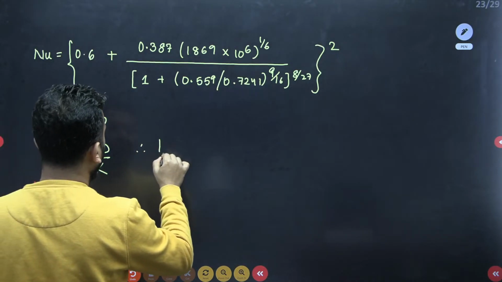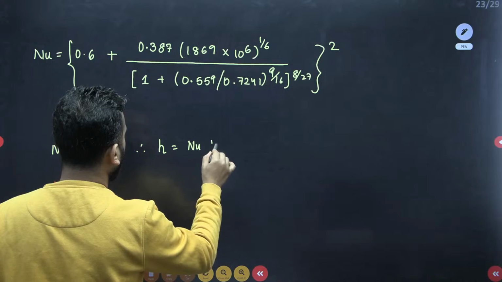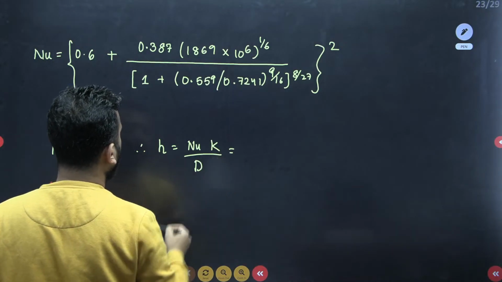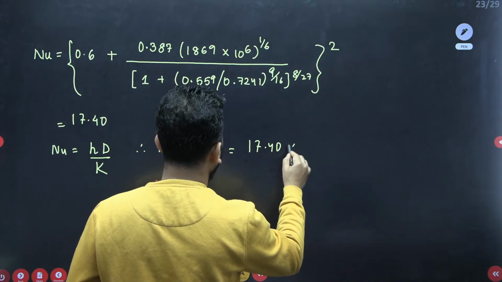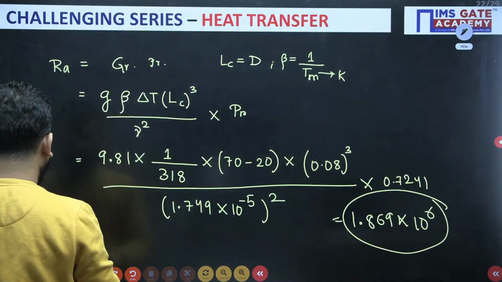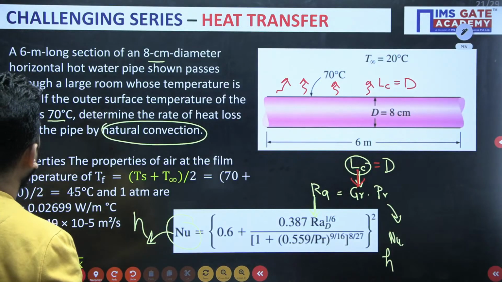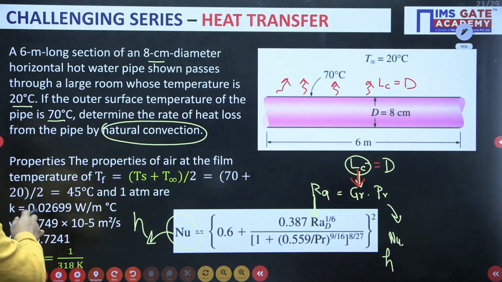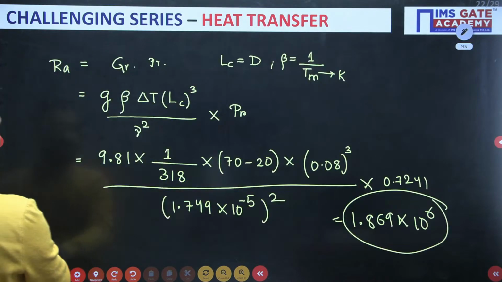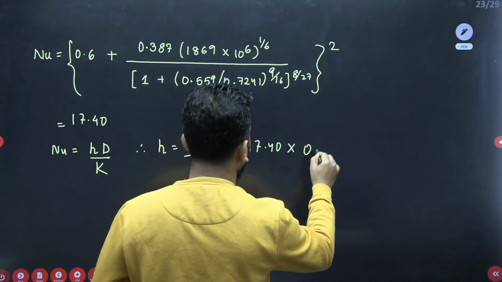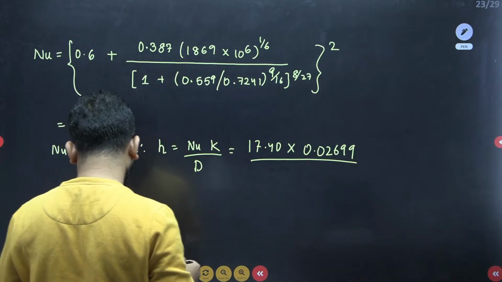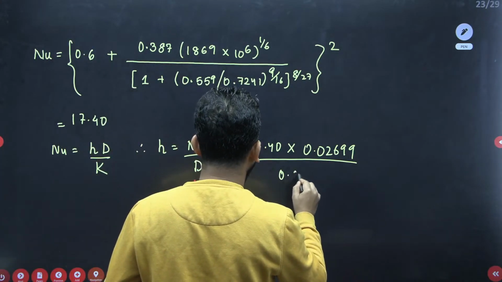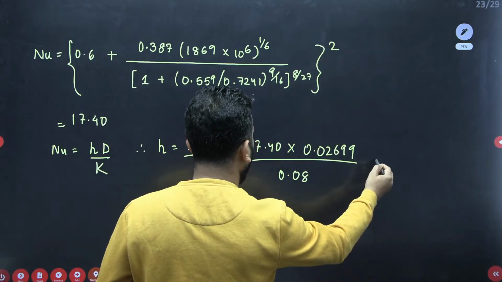Once Nusselt is known, you know that it is nothing but hd by k. From here find h. So Nusselt number is 17.40. K and d value: k value is given, d value you know. So this is the k value 0.02699, and d value you also know, 0.08. So h value you will get to be